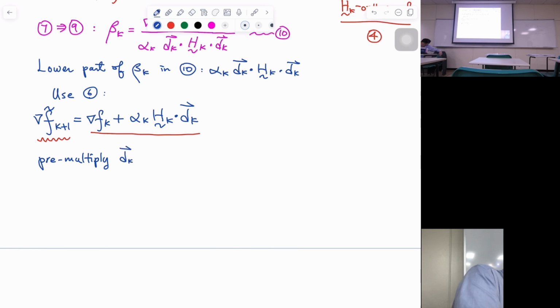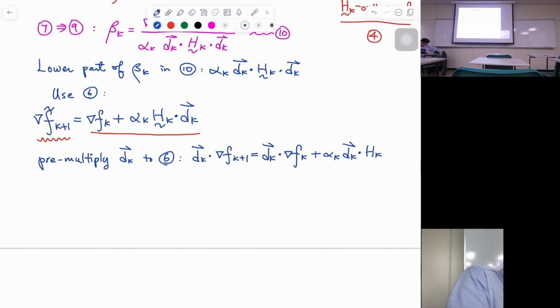Pre-multiply a dk term to 6. So what you will get at the end is dk dot gradient f k plus 1 equals dk dot gradient f k plus alpha k dk dot Hessian k dot dk. You notice that this is exactly what you have for equation 10. So in this case, equation 10 can be replaced by